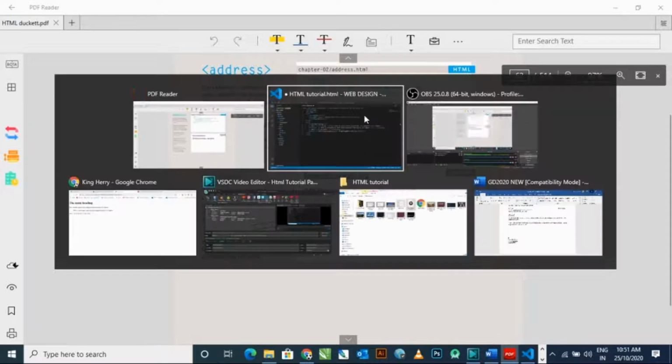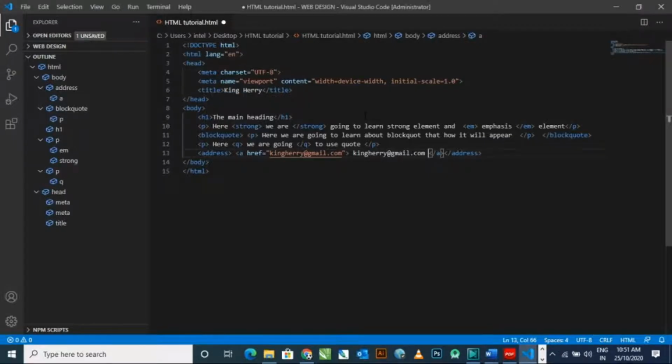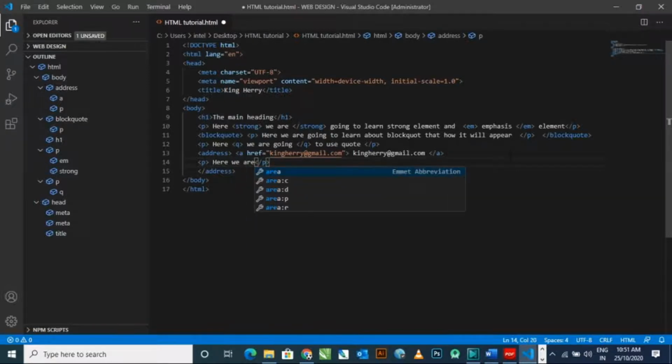It can contain a physical address, but it does not have any kind of extra. I'm typing here, simply concentrate. Here I'm typing that here we are learning address element.